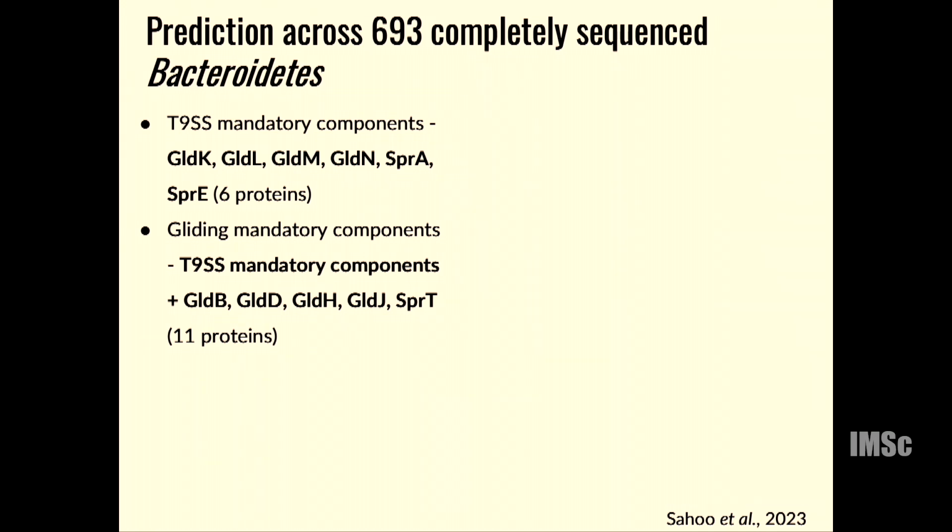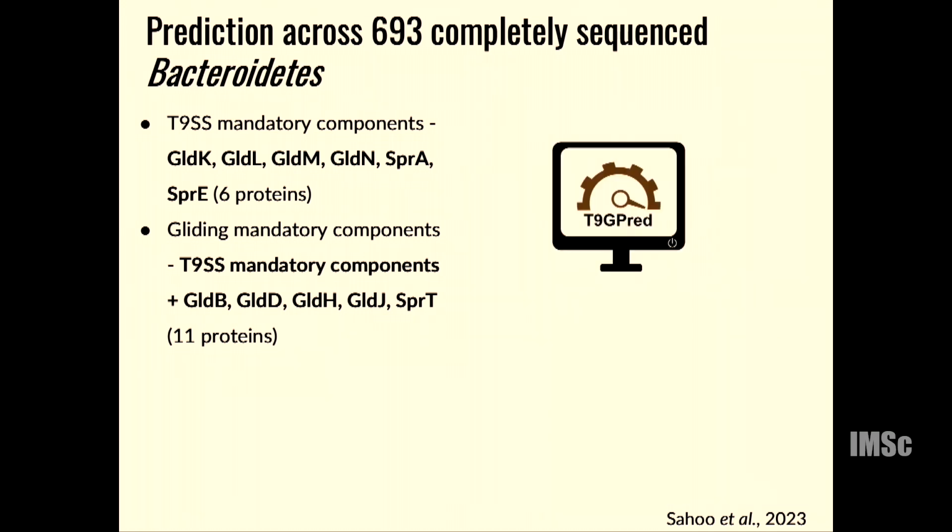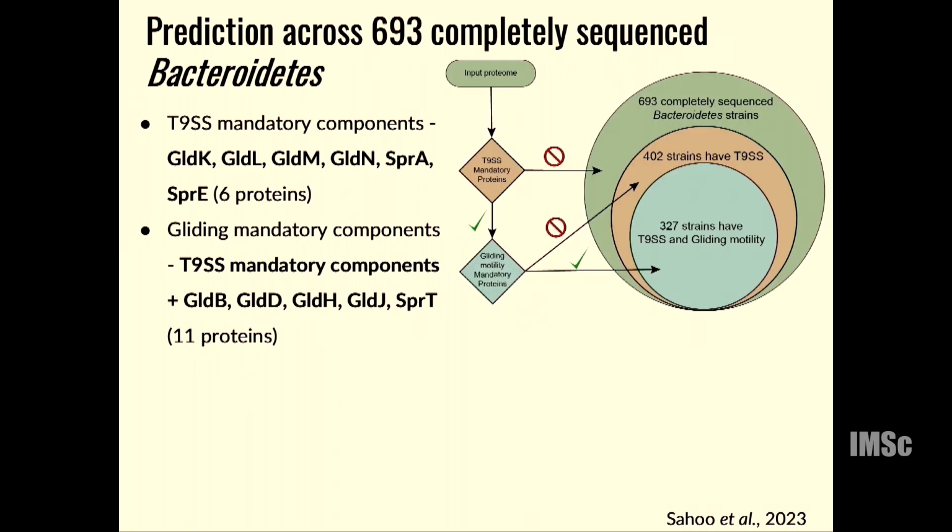So using this, we have a simple Python program which we call T9GPRED. That is the tool we have developed, which is openly accessible. I will be talking about that in the last slide. And using that tool, we have predicted the presence of T9SS across 693 completely sequenced Bacteroidetes strains which are available. We see that 402 strains have T9SS, and out of 402, 327 strains are predicted to also have gliding